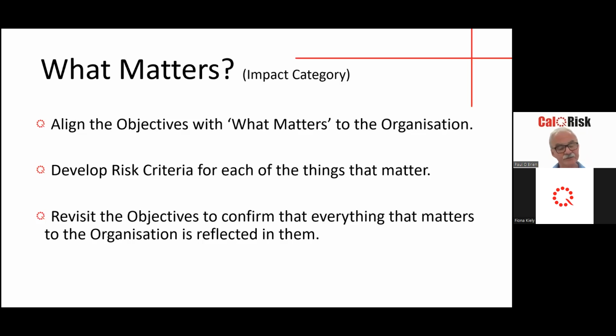Everything that's in that strategic plan with an intent should have a corresponding objective. And vice versa. Sometimes we come across situations where there's no objective for some of what matters. And sometimes we have objectives and nothing matters. Where we see it most frequently is people. The organization will say that people matter to it, and every time you do what matters, people are included. And you go look for the objective. There's no development objective, there's no retention objective for the people. So the objectives don't align with the stated intent.